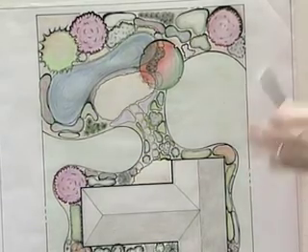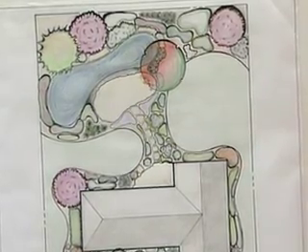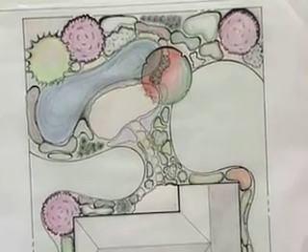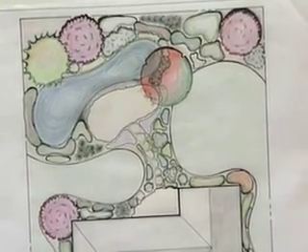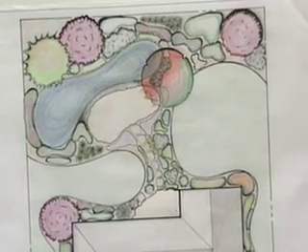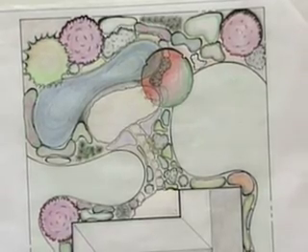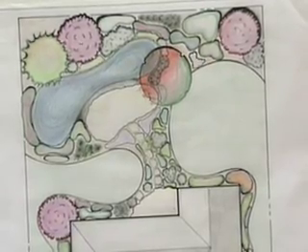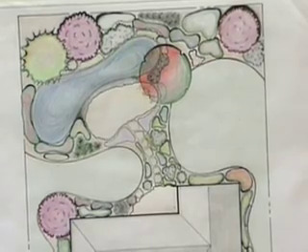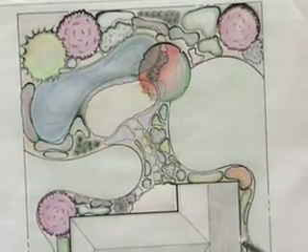Proportion is one that you can't see well in a plan view. It has to do with how tall the plants are in relation to the people in the landscape and also the house. Another example of a principle is balance. You can have asymmetrical balance, which works for most people. Symmetrical balance is more formal and tends to work better with a colonial house.